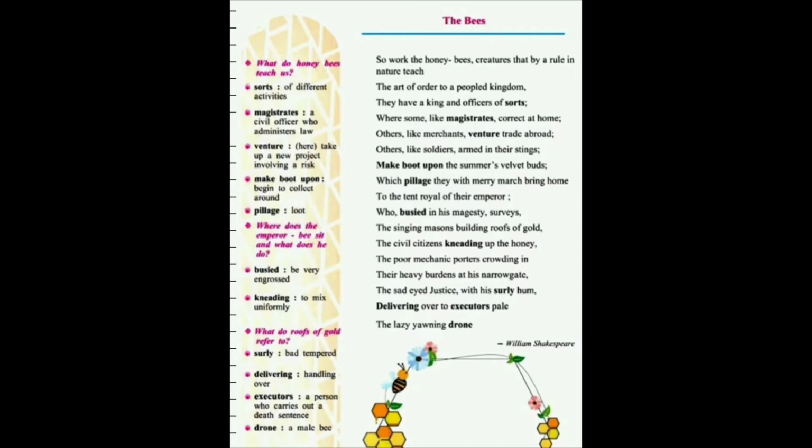The poem is written by William Shakespeare. Now, if you know William Shakespeare, you might know that he is often called the Bard of Avon, right? That he is always known for writing things based on his observations, okay? That he makes observations, or his conclusions are based on the observations he had made